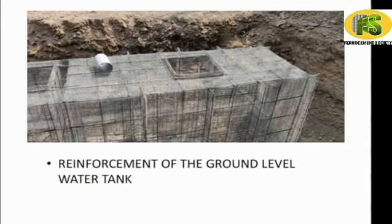There you see a detail of the ribs, the jalis, the weld meshes and chicken meshes properly tied up at all levels. Next,